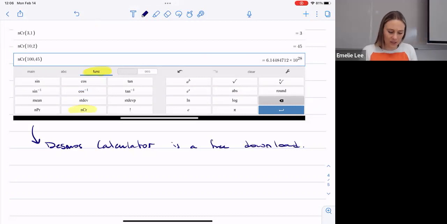Yeah, so I think then you would have to... no, so it has the factorial, which is the exclamation mark. So then you would have to use the formula. And I feel like I can't remember what the formula is off the top of my head. I'll look it up, but